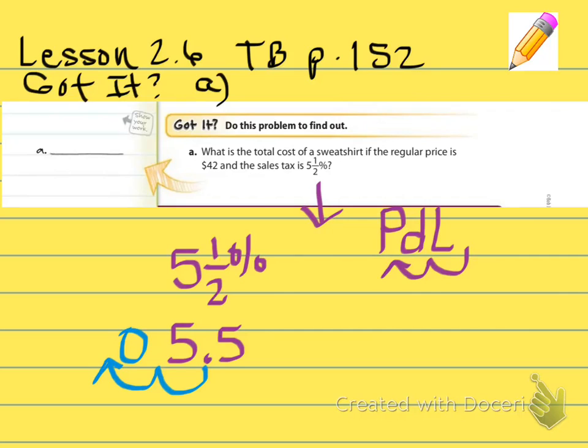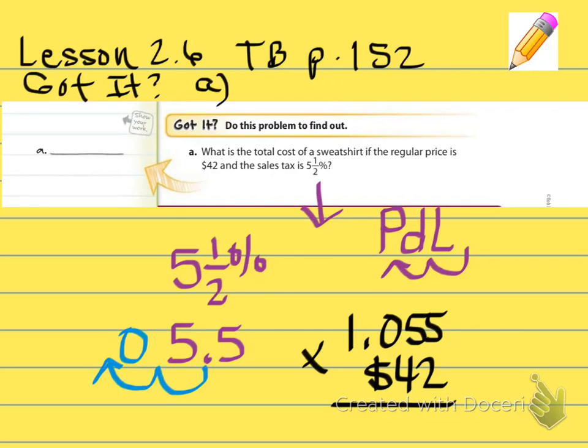So what you would actually plug into your calculator would be 1.055, if you like the method 2, times the cost of the sweatshirt, which was $42. And when you plug that into your calculator, you'll get the answer for the got it. Okay, plugged that in on my calculator real quick, and 1.055, which represents the tax, times $42 would result in an answer of total cost